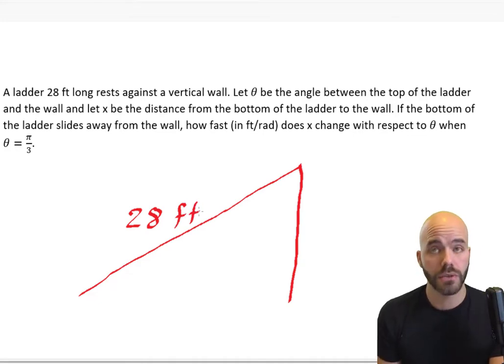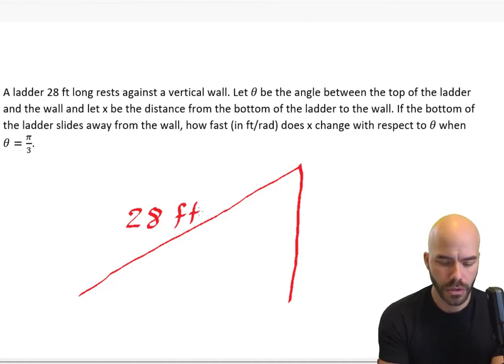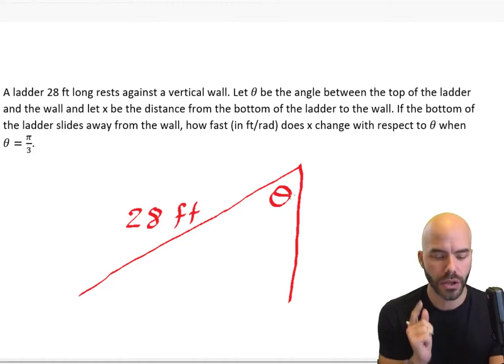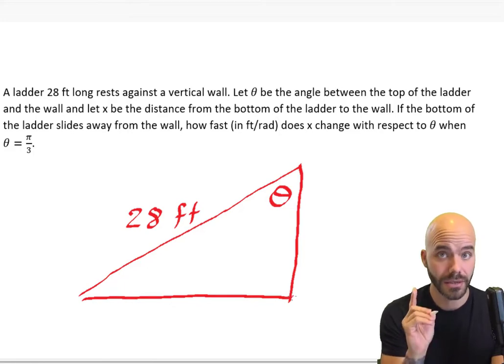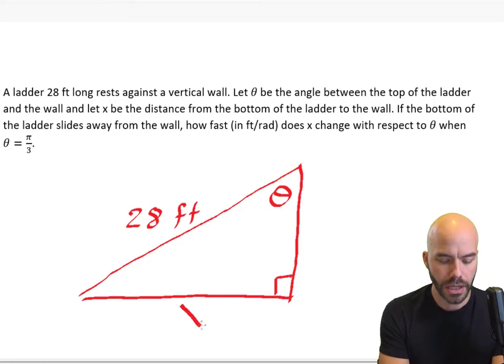Okay, that's just the first sentence. Let theta be the angle between the top of the ladder and the wall. So theta is here. Make sure you label theta correctly. And let x be the distance from the bottom of the ladder to the wall. So there's the distance between the ladder and the wall here. Of course, since it's a vertical wall, this is going to be a right angle, and therefore x will be